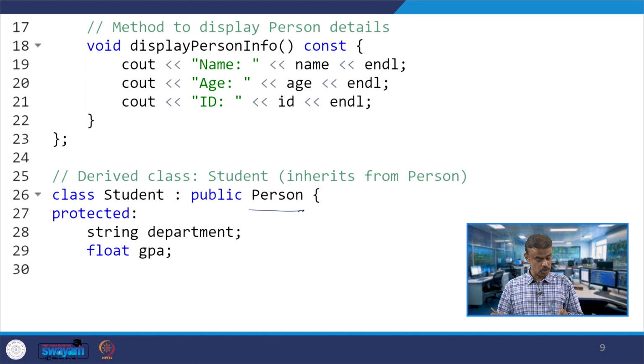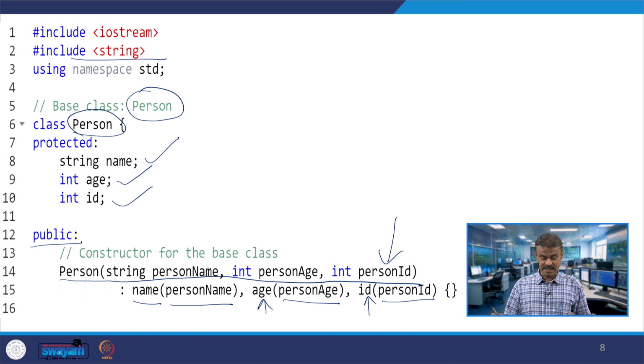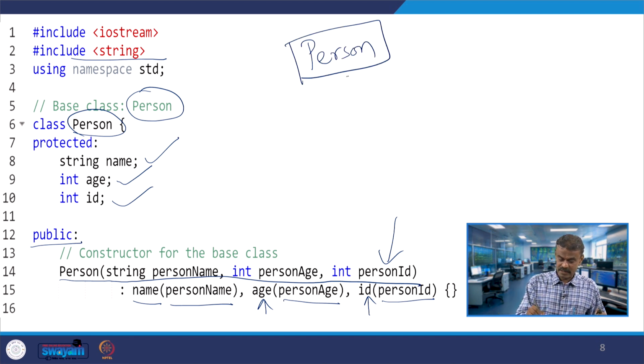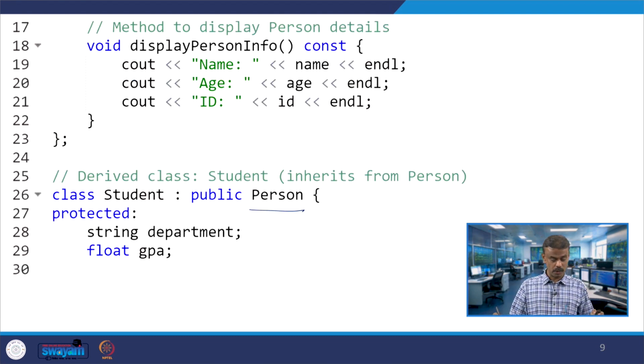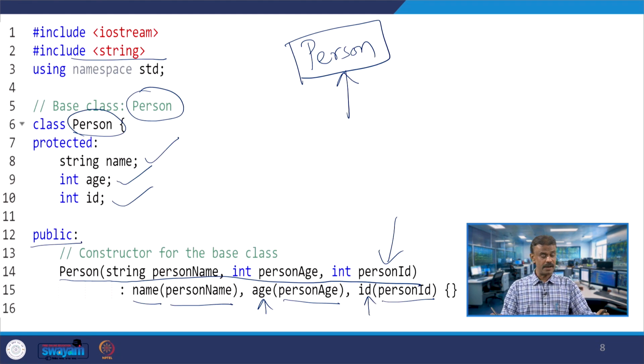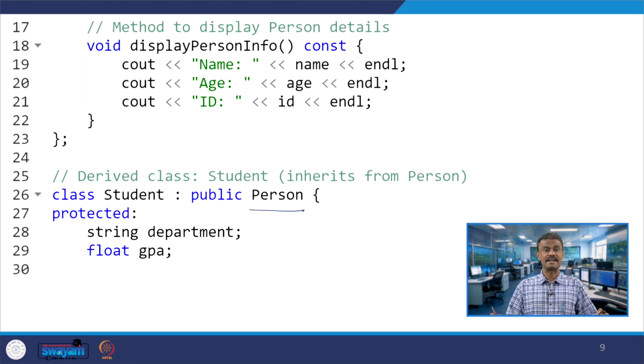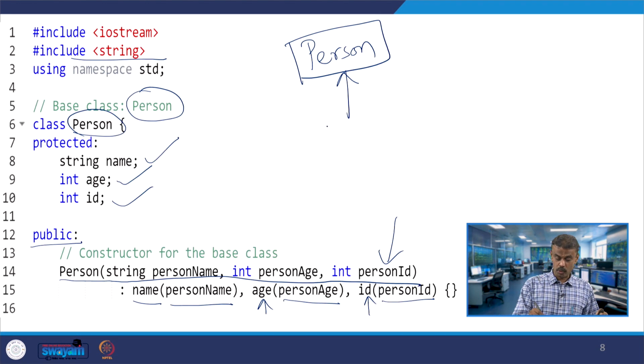Your person is the base class. Now I have the derived class. The derived class is student, which is publicly inheriting person. So, here you have the protected member data. These protected member data can be accessed by the student class.